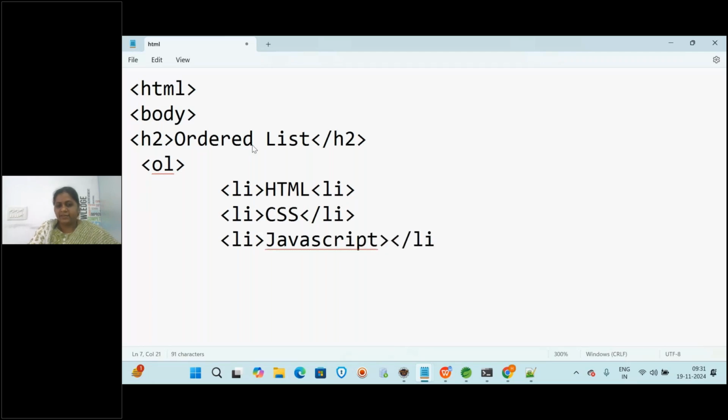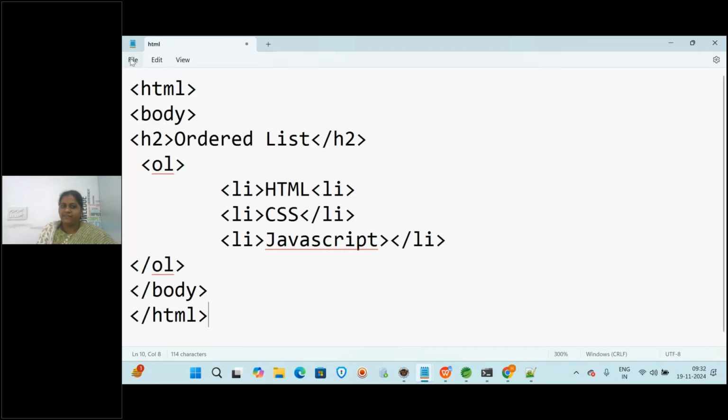Like this we are writing, and then finally close what? OL. Understood? So like this we are writing li, HTML, CSS, and then what? JavaScript. And then finally you have to close what? Body, and then you have to close HTML. So like this you have to do, right? We opened the HTML, closed. Whatever tags you are writing, you should be writing inside the body tag only. That should be displayed on the browser content of the page. So now we are structuring with ordered list.